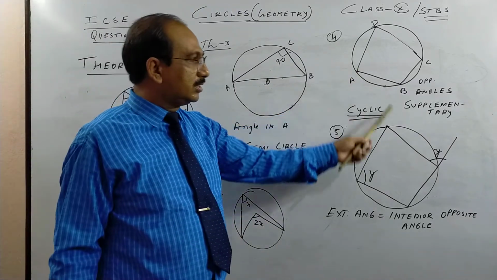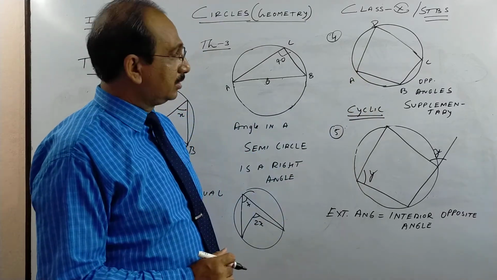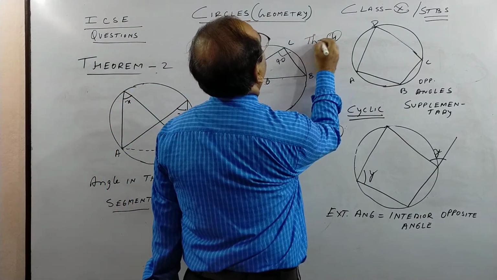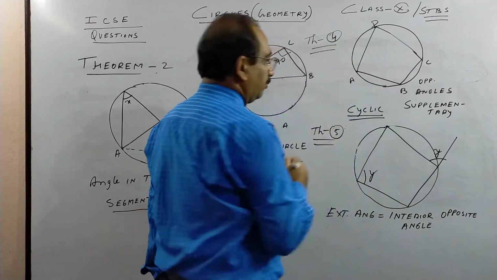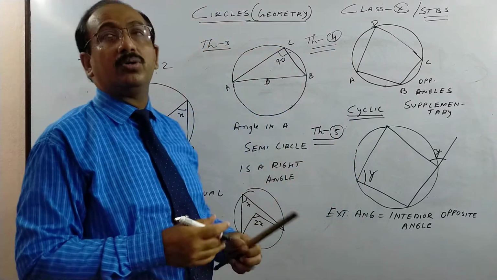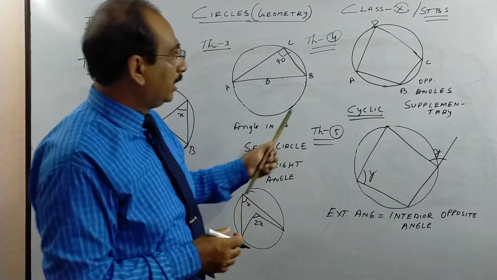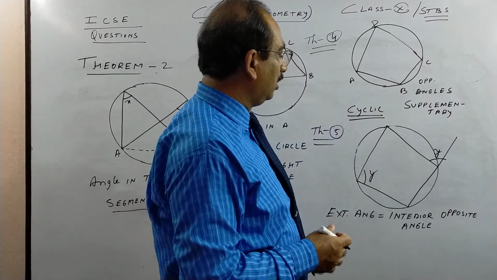Then I taught you what is a cyclic quadrilateral. So a cyclic quadrilateral, children, has 2 very important properties. Okay, that is theorem 4 and theorem 5. I told you book numbering may be different, and if you want to see the real wording, please follow the book. Okay, next, opposite angles of a cyclic quadrilateral; both are based on cyclic quadrilateral.